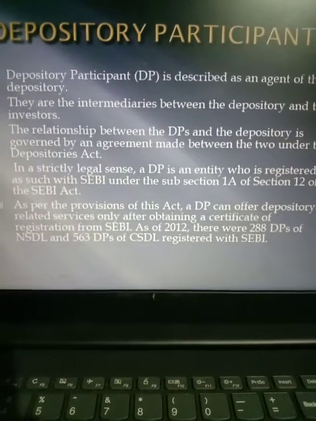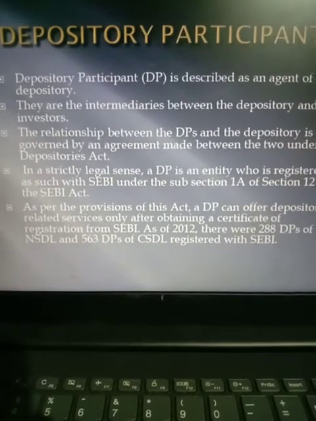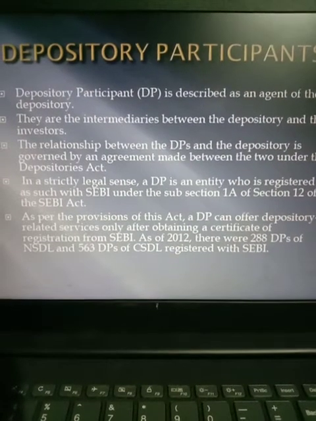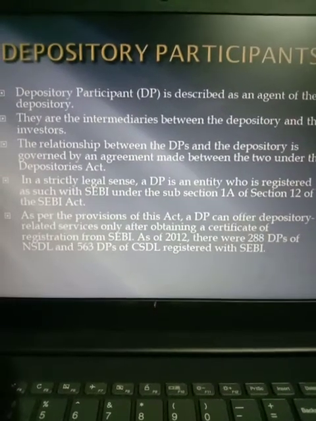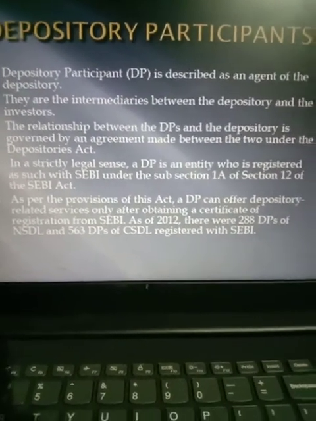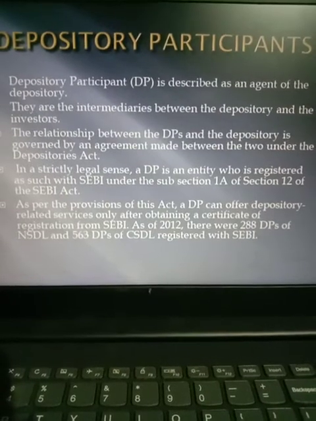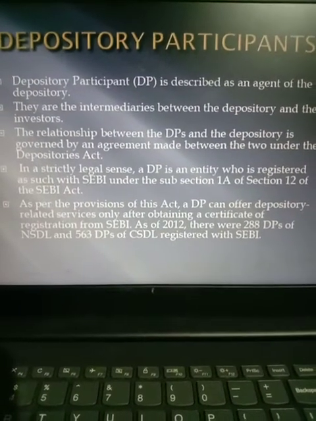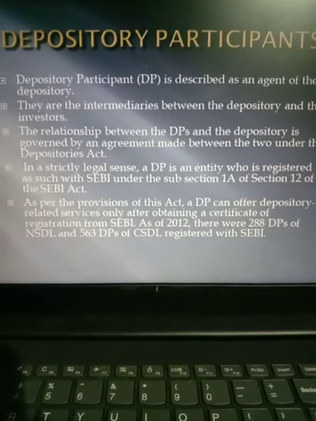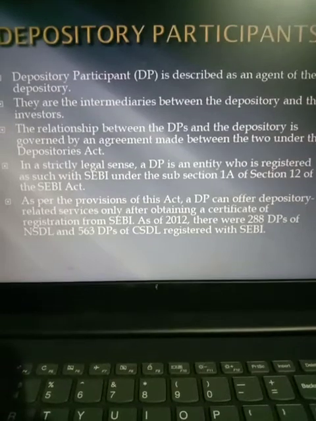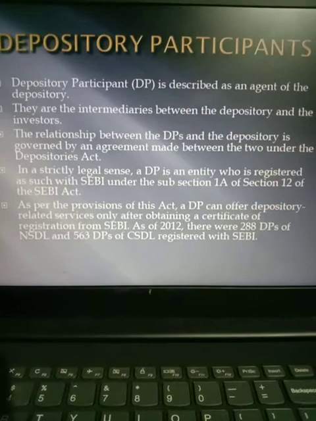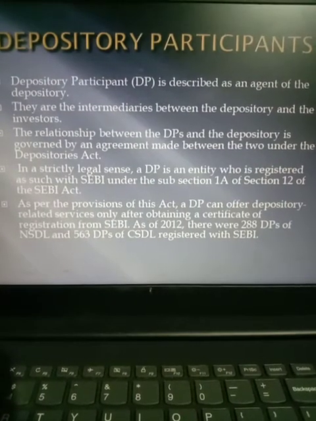What do you mean by depository participants? A depository system is one type of organization. It takes care of everything when it comes to the settlement procedure and demat as well as dematerialization. For those depositories, the depository participants are very important, because these kinds of institutions or persons act as a link between the investors as well as depositories. Let's see the information one by one.